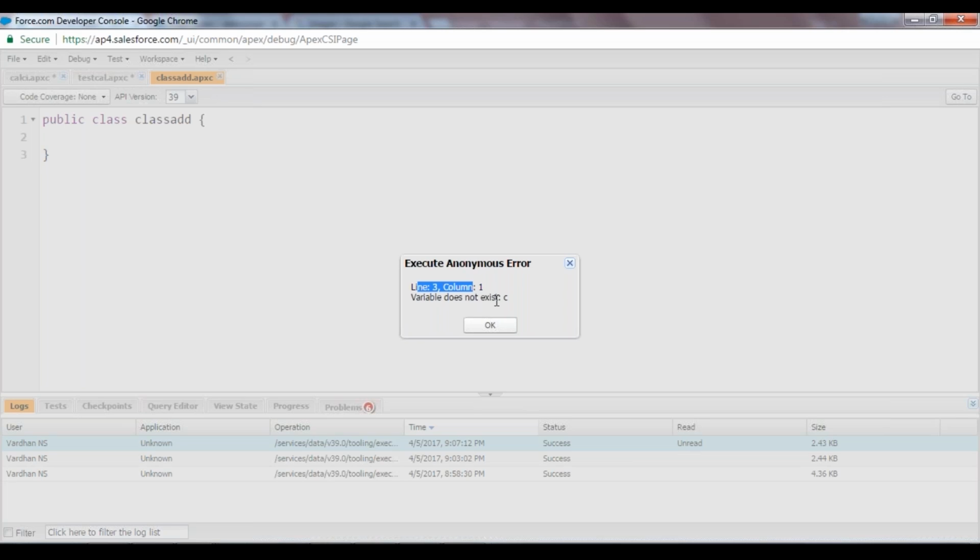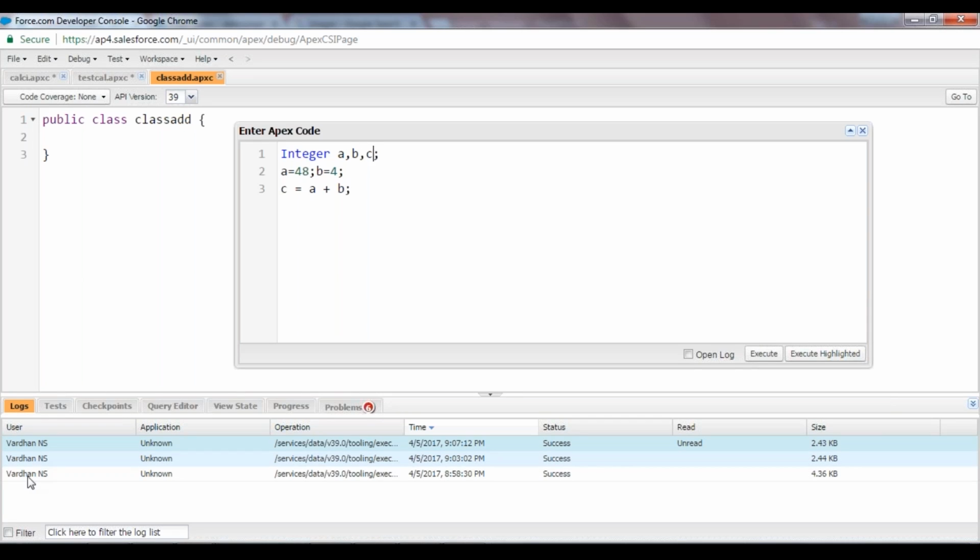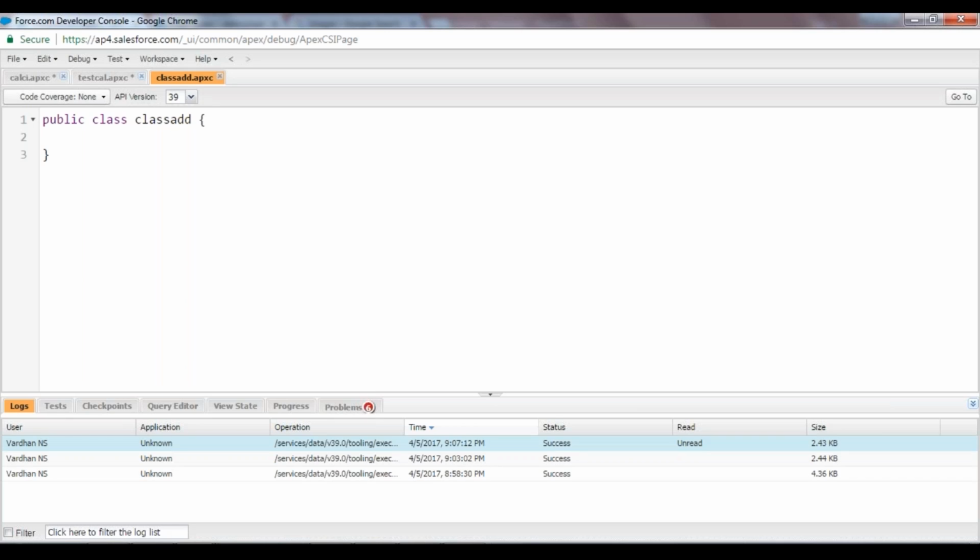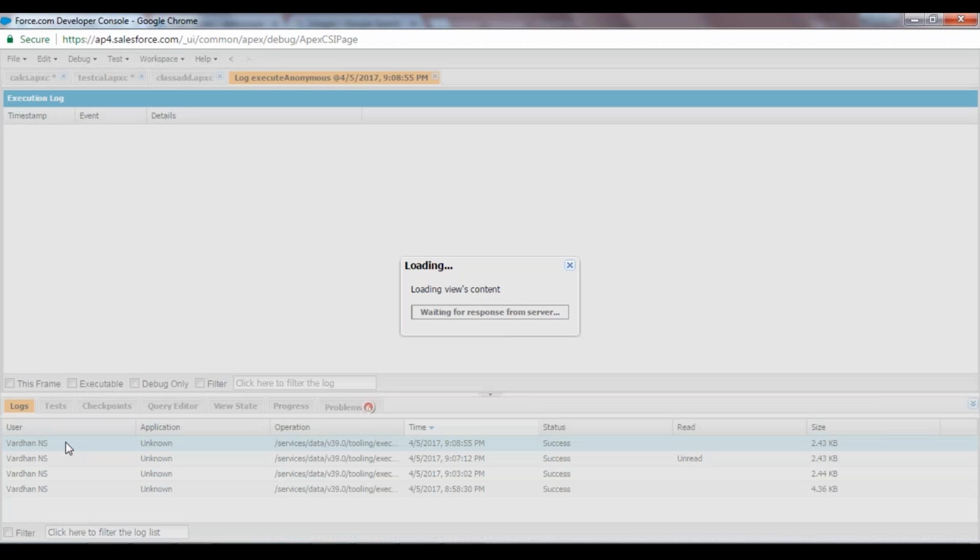This is your console, and here you will get options like logs, test, checkpoints, query editor, view state, progress, and problems. If there's any problem in your code, those will be visible over here. Whatever tests you run or whatever code you execute, those logs will be generated over here. Let me execute it once again and show you the whole concept. When I execute this, a new log was generated. I was the user that created this, some time back, and the status reads as success and the log is unread. So if I click on this,